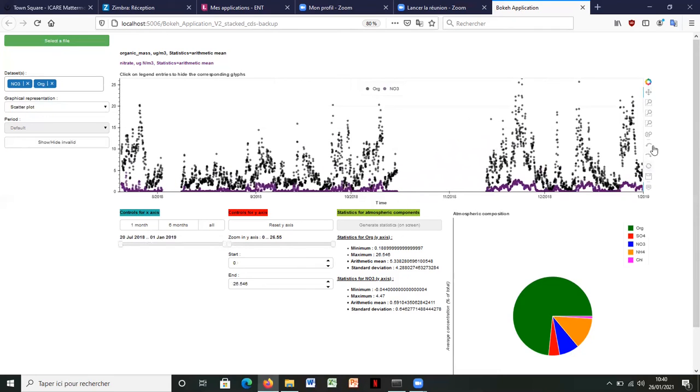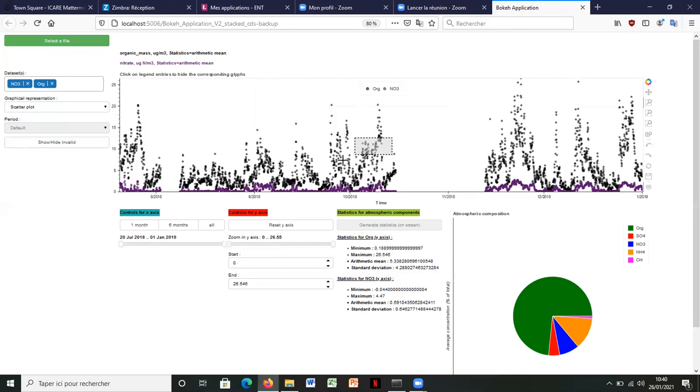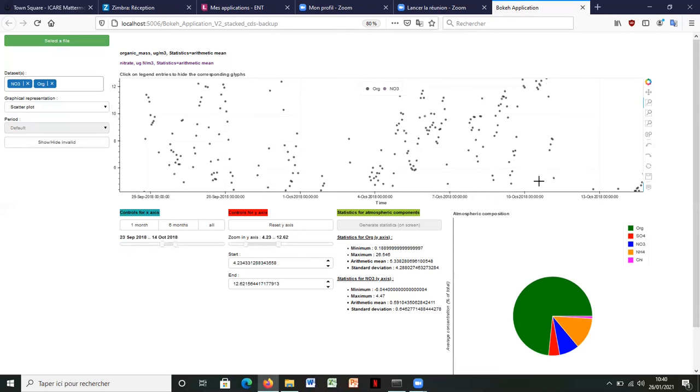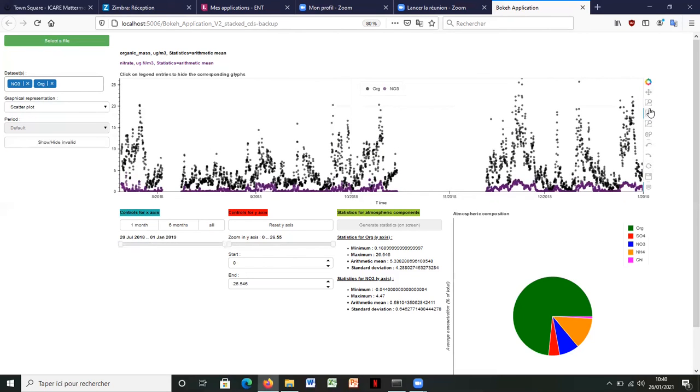You can use a box zoom tool to zoom in the figure by drawing a rectangle. So if I do this, then you have two other box zoom tools, which are a box zoom tool in the x-axis and a box zoom tool in the y-axis.